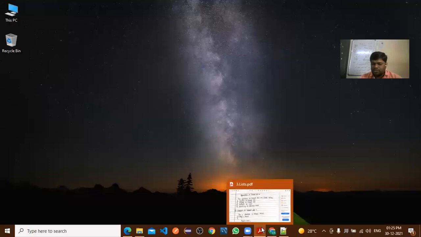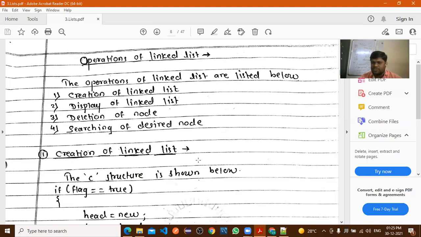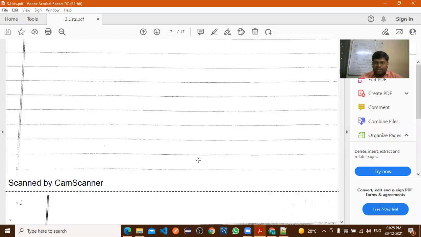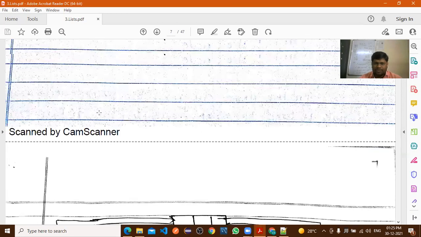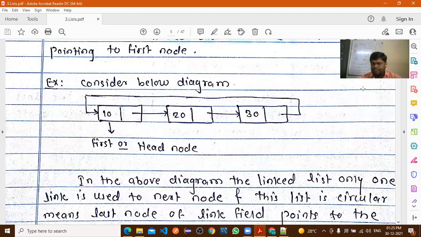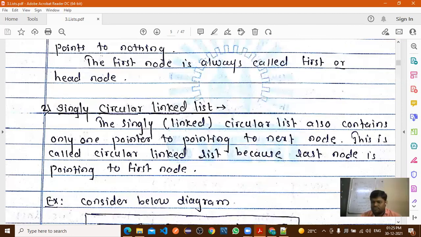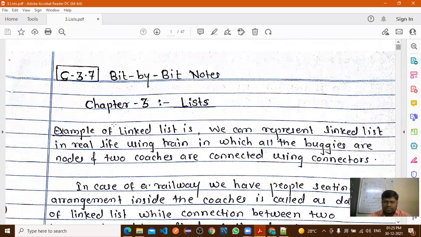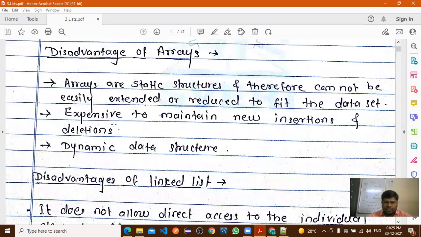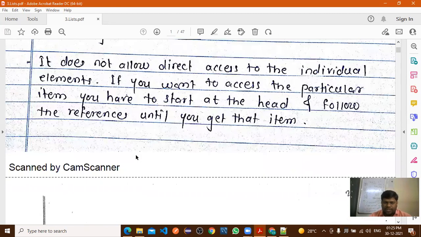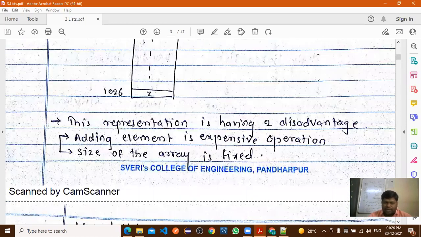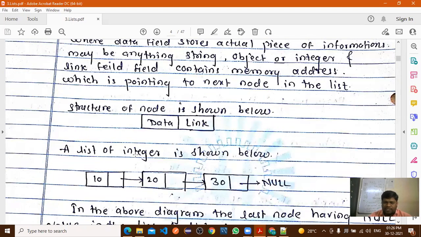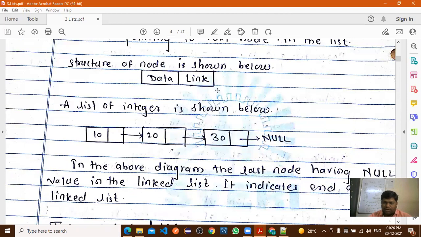So yesterday we discussed the linked list. We started unit number 4. In that, I think the definition of a linked list we have completed, and types of linked lists. After the definition, we discussed the disadvantages of arrays and the disadvantages of linked lists. Next, the meaning of a linked list and the structure of the node. Is it completed? Yes, sir.